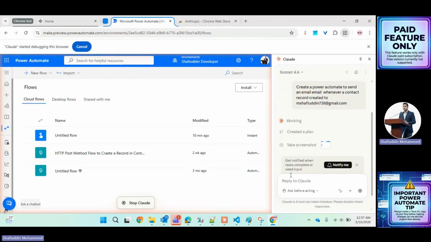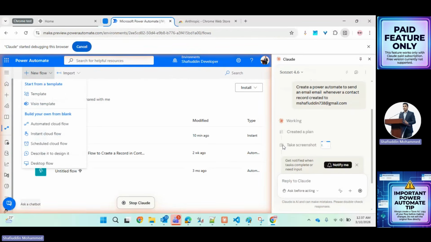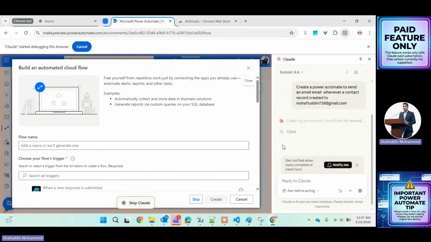So based on the screenshot, as you can see, I told you that it works on a screenshot basis. So every time it will try to create. As you can see, I didn't touch the mouse or anything, but automatically you can see it's working on this one new flow. The Claude has been created, and automatically